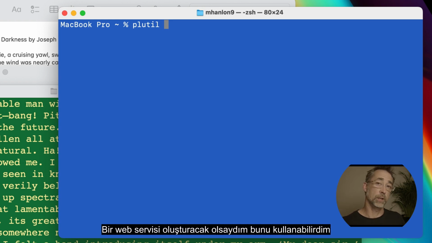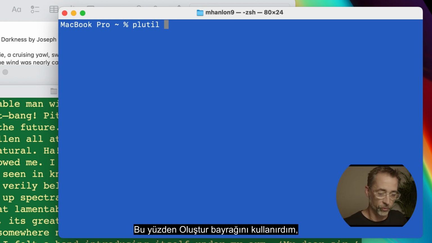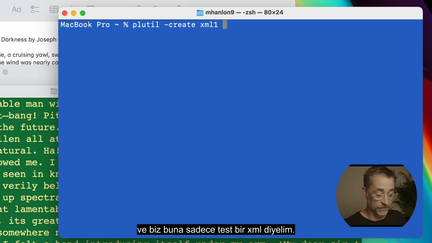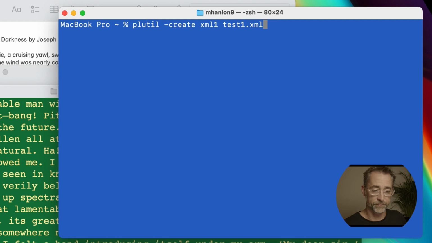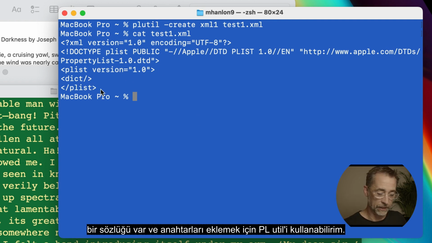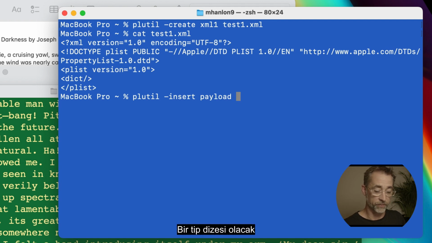I might use it if I were going to create a web service or a mocked up web service on my own. So I would use the create flag. I would create an xml1, and we'll just call it test1.xml. If I read that file, I can see it's just an empty property list. It's got a dictionary, and I can use plutil to insert keys. So I'm going to insert a key called payload. It's going to be of type string,